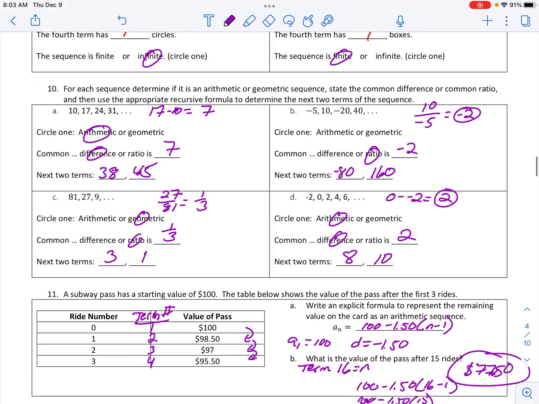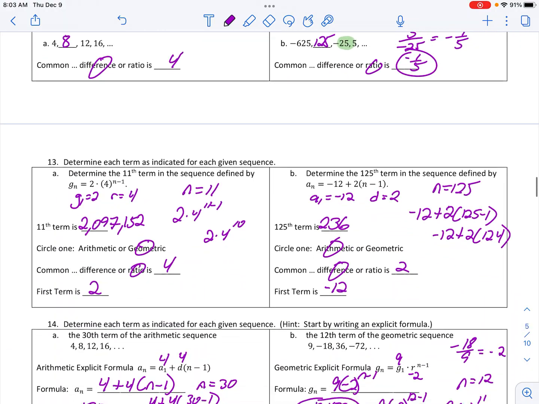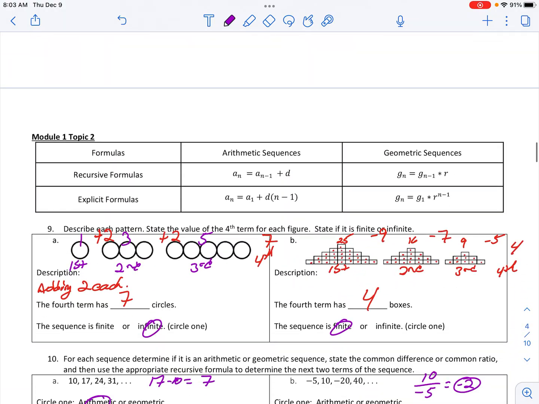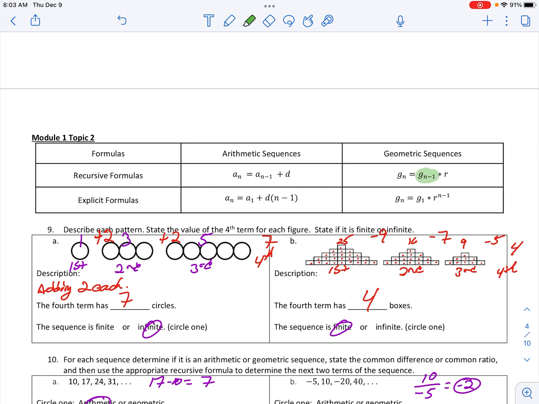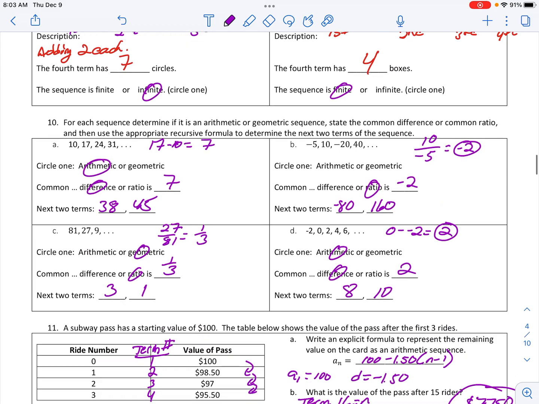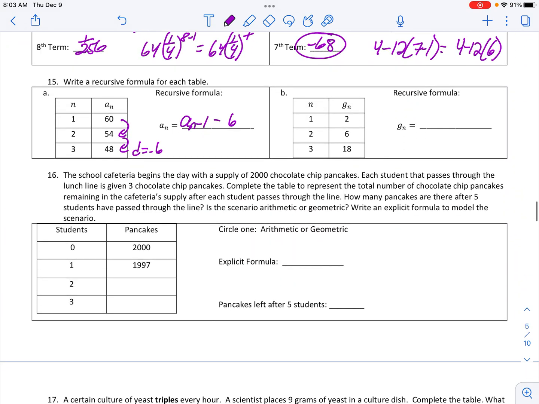For a geometric one, which is the next one. Okay, my geometric recursive formula is the previous term times r. So I need to know what r is. So 2 to 6, 6 to 18. Now geometric is a common ratio, so we need to be multiplying, and we can see we're multiplying by 3. 2 times 3, 6 times 3, 18 times 3, and